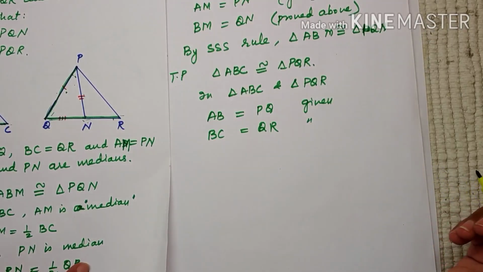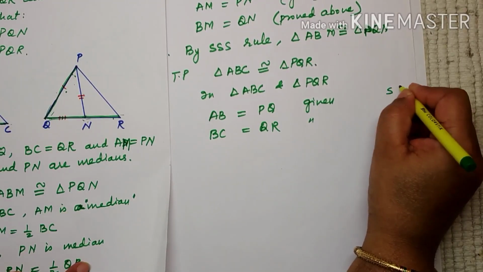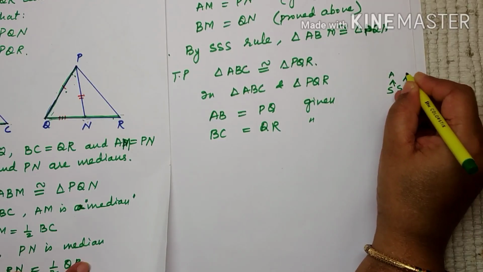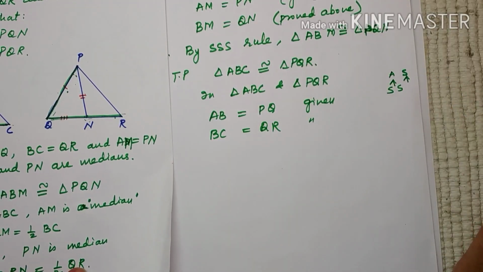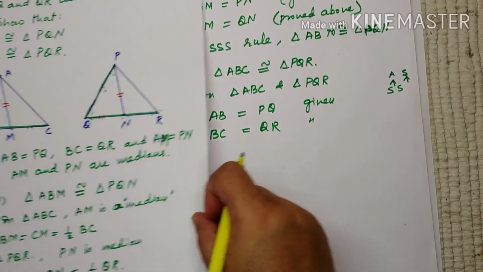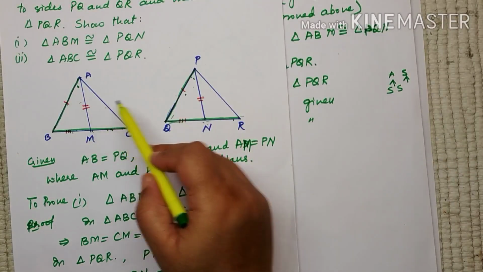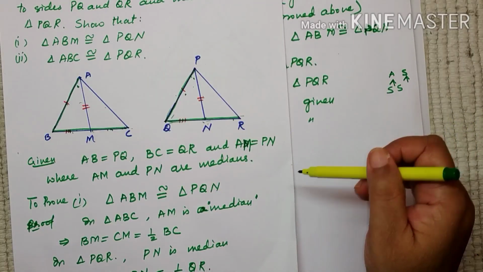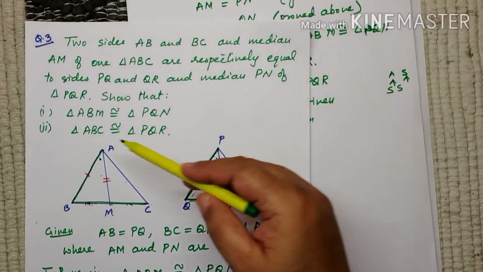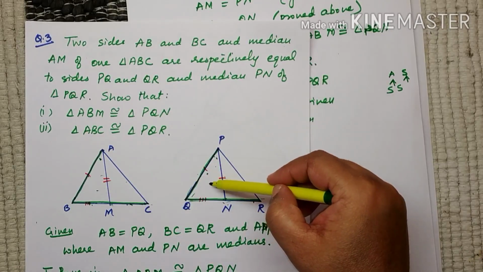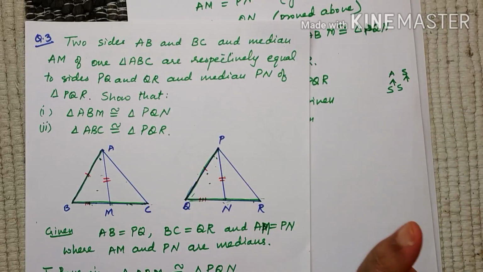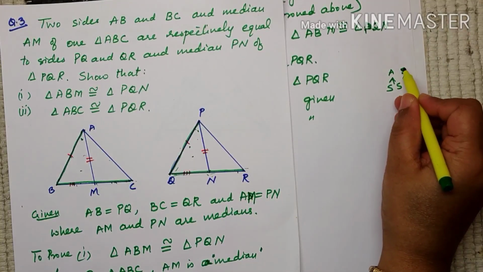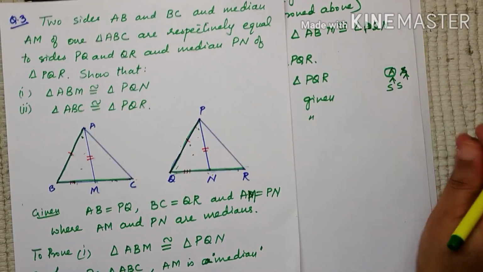Now the third thing, I have got two sides and I am trying to prove the triangles congruent. There are only two ways, either the included angle or the third side. Observe which is the third side, AC and PR. Nothing is given about AC and PR. What we have already done in the first part, we have proved these halves equal. So AC and PR doesn't come into the picture. I cannot prove them equal. That means this option is ruled out. So I am looking for the included angle.